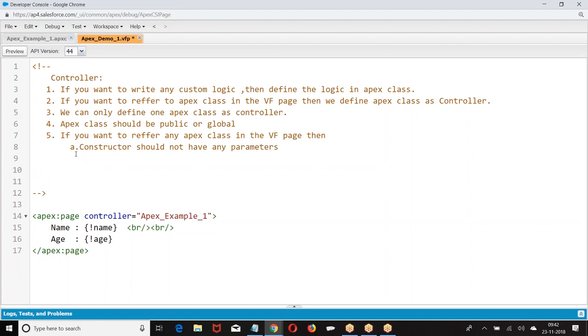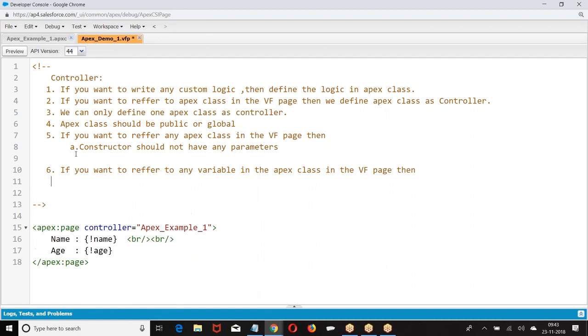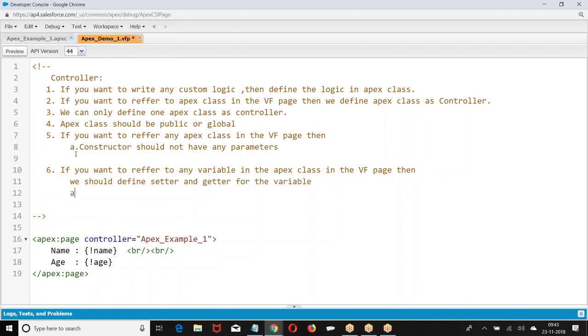Next, setter method, getter method. If you want to use variables on your page, then we should define setter and getter. So what is the setter?